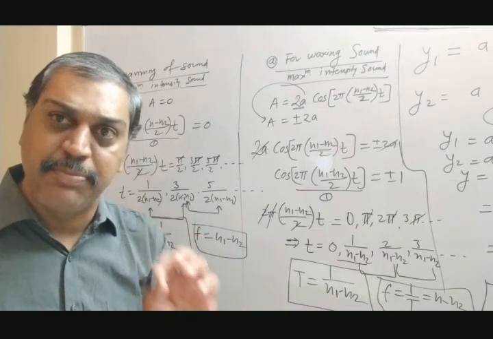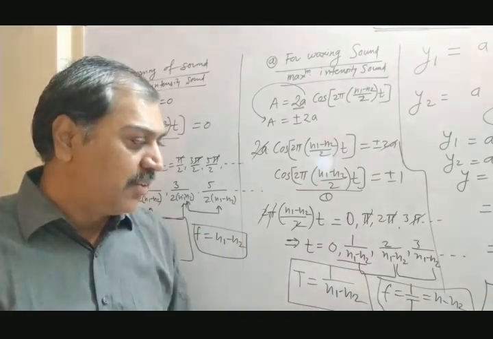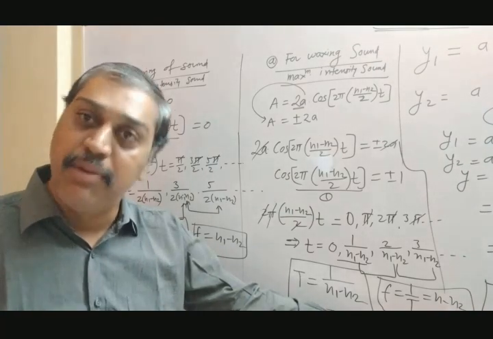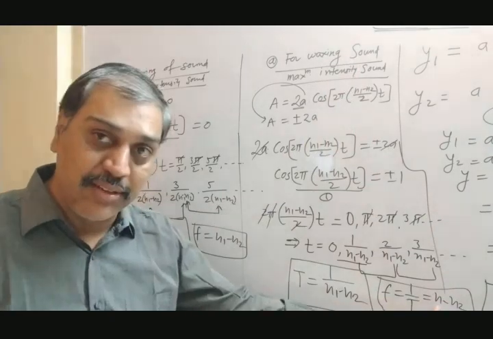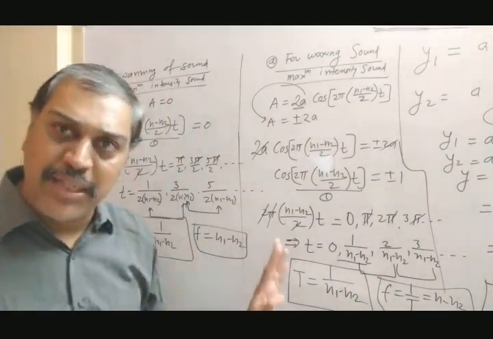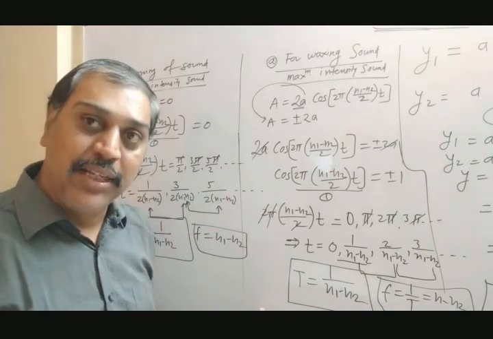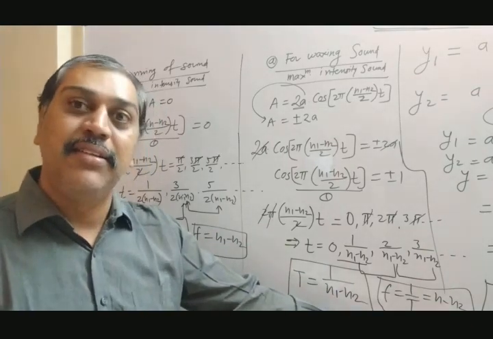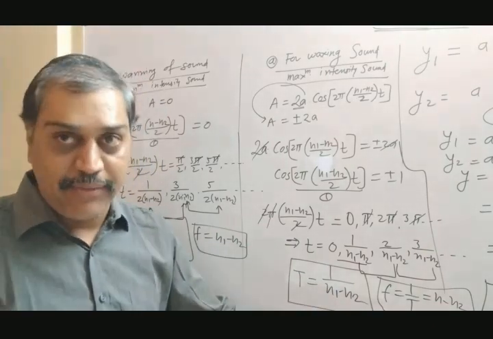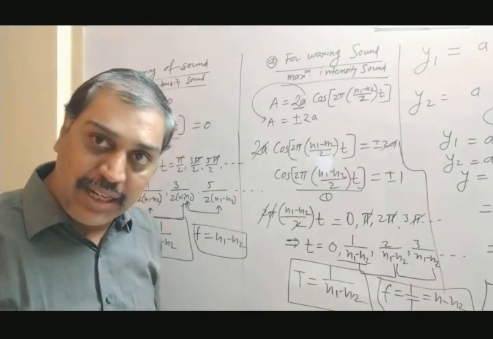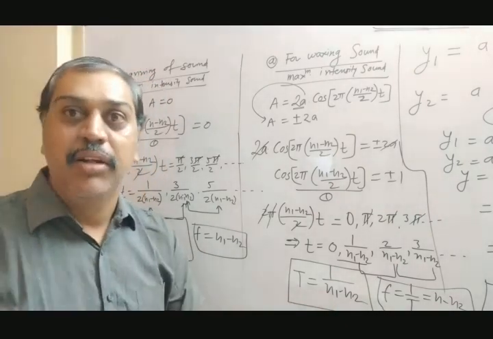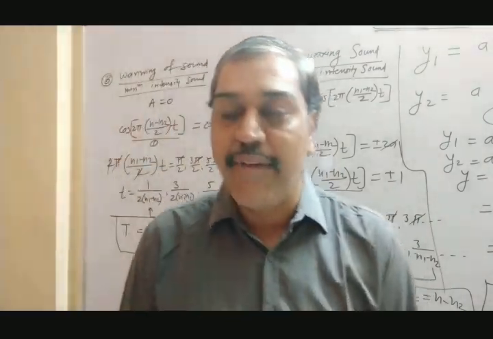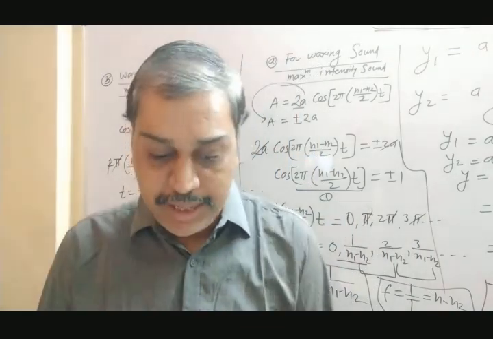If they have asked a specific question to show that the resultant frequency is the difference in the frequency of the individual waves for maximum intensity sound, waxing, we have to derive this. Waning, you have to derive this. If they have not mentioned anything, you can derive either this or this. If the marks are greater, you have to derive both. So the difference in the frequency is nothing but the total frequency of the resultant wave in waxing as well as in waning. Is that clear? So this is nothing but an equation for the frequency and time period where the beats form, waxing and waning, maximum and minimum intensity sound.